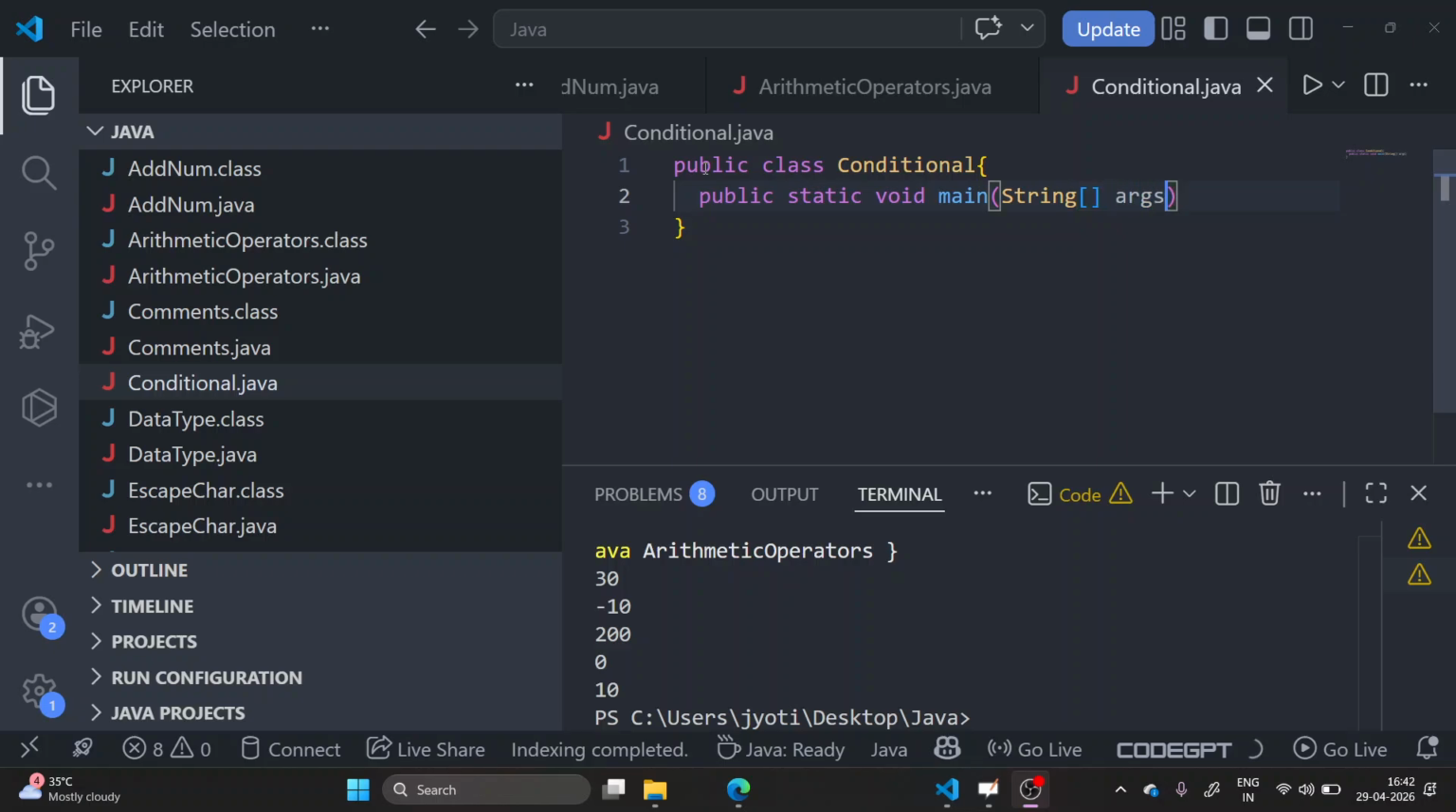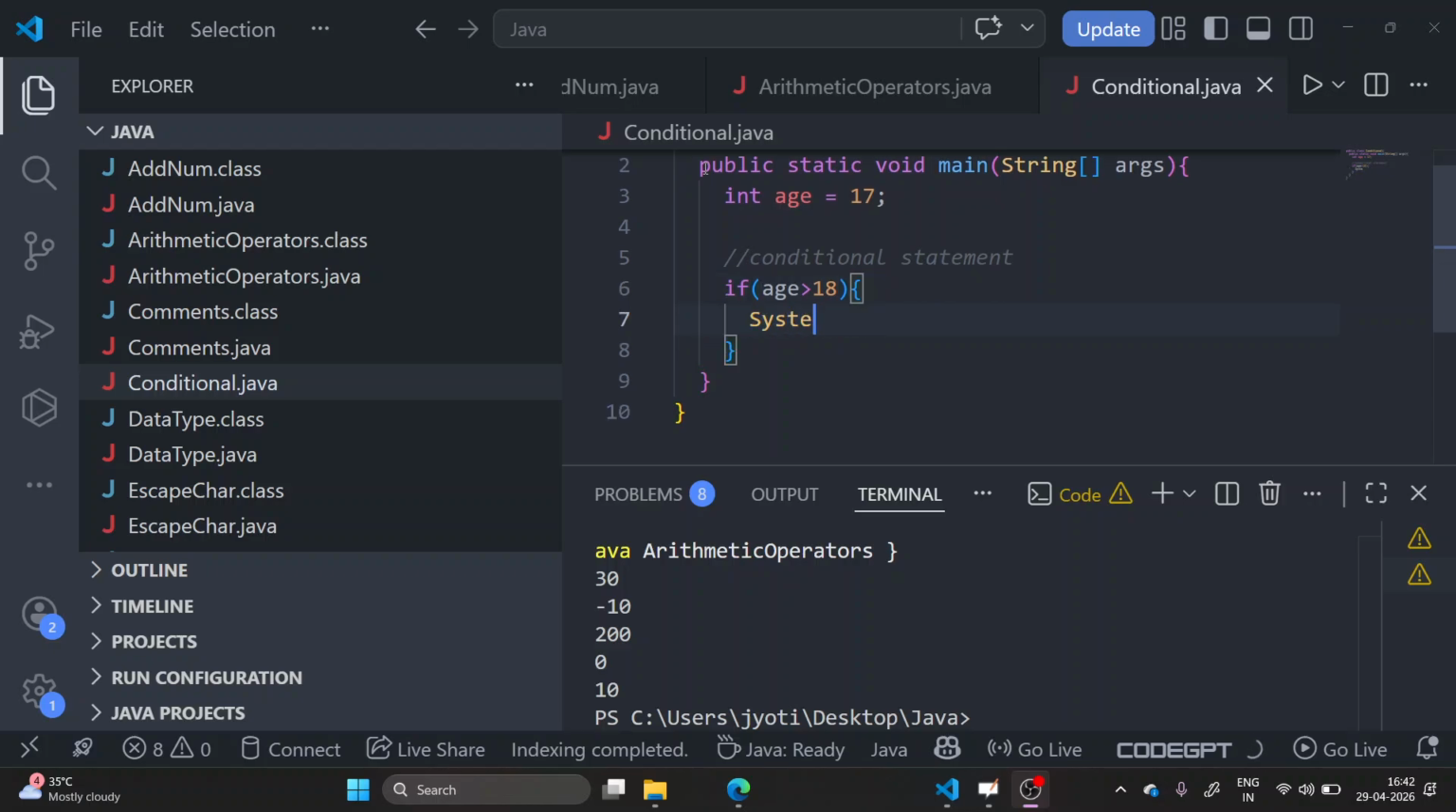For those who feel like I'm teaching very slow, they can watch this video on 1.5 or 2x, whatever they want. So let's see. Say int age equals to, let's say we have age 17. Okay. So we are writing here conditional statement. If age is greater than 18, then system dot out dot print you can vote,